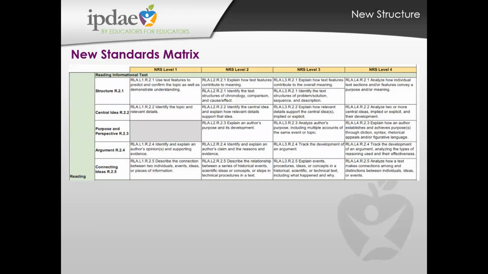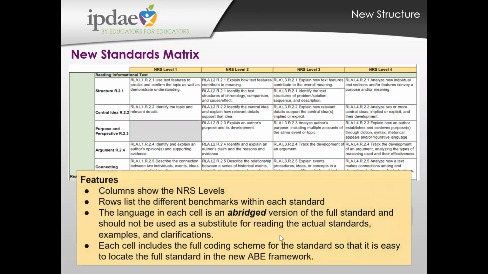Note that in the new standards matrix, there is a single RLA matrix. That's consistent with there being a single RLA curriculum framework. And all of your standards are in one place, levels 1 through 4. I will note that there is not currently a level 5 and 6, but we understand that additional resources, including considerations around levels 5 and 6, are important, and there is continued work to develop additional resources and support in those areas. For now, the current matrix that we're going to get a chance to dig into today includes levels 1 through 4.